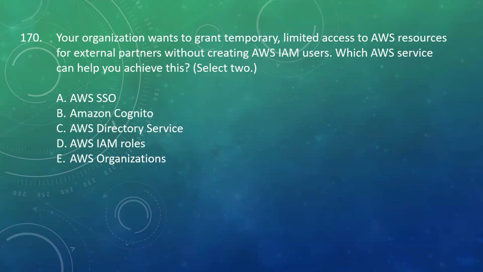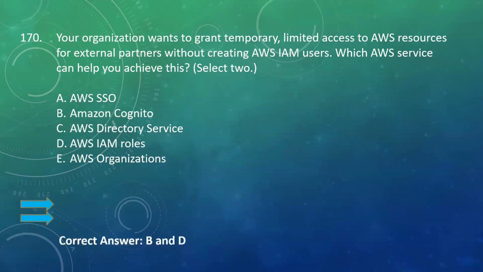You need to select two options here. Now, the condition is the organization wants to grant temporary limited access to AWS resources for external partners, and they don't want to create the IAM users for those users. Your options here are AWS SSO, Amazon Cognito, AWS Directory Service, AWS IAM roles, AWS Organizations. The two AWS services that can help you achieve this requirement, basically to grant temporary limited access, are Amazon Cognito